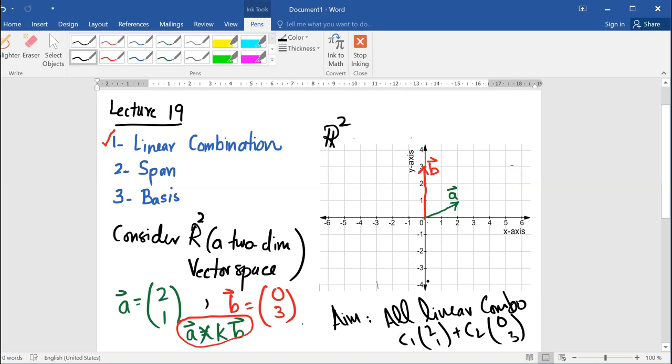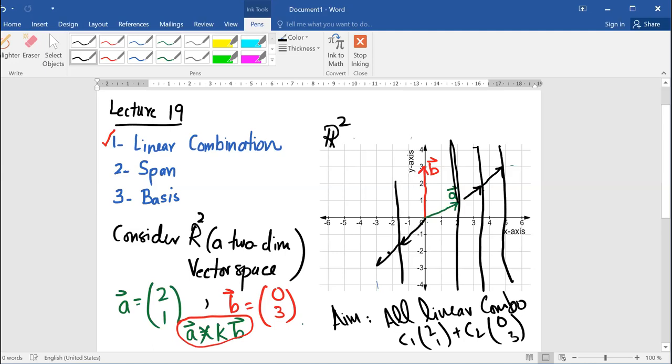And I want to see how much area I can cover, how many points there are in R square that I can reach. So now let's look at this very clearly. Let's say my A is this one and my B is something that I can reach up and down here. So I can cover this whole line. Now I can increase my A a little bit and then I can cover also this line. If I increase it a little bit more, I can cover this other line. Similarly, if I go backward in A, I will cover this line. Then I can do this, and pretty much if you do this whole exercise, you can convince yourself that by playing with appropriate values, scalar multiples of A and B, you can pretty much cover everything that is in